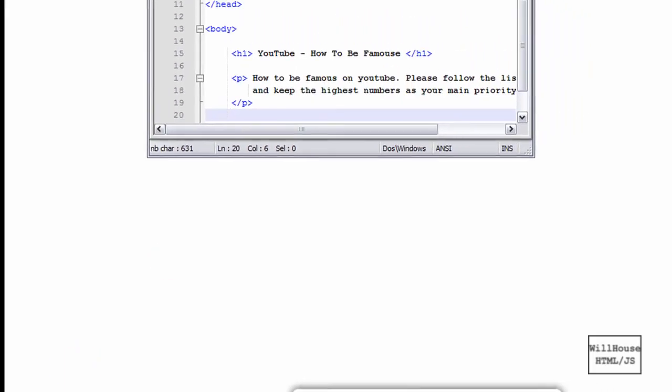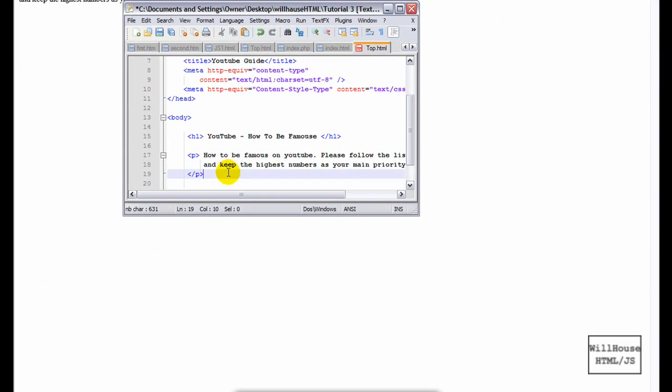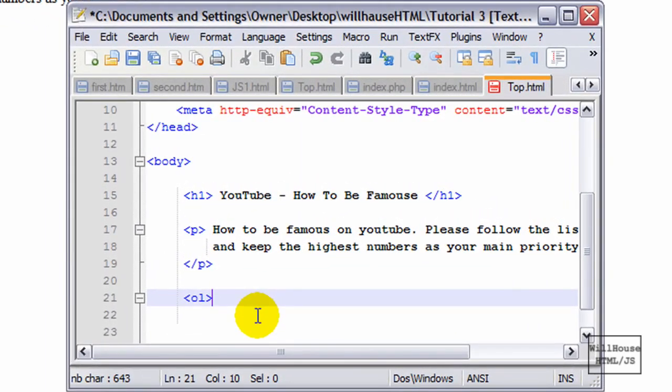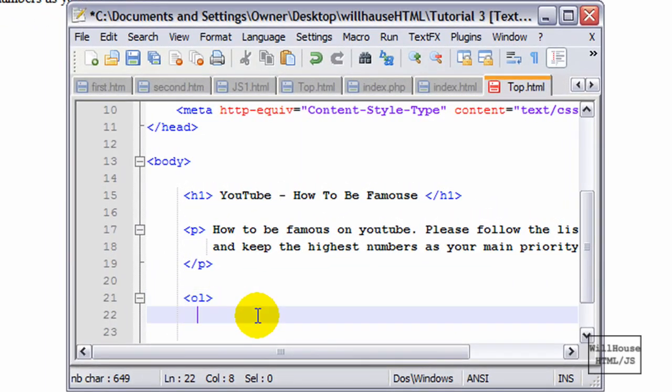So here, one second. We're going to use a tag called the ordered list tag. Basically what you do is you put OL. This means that you're going to have a list that has a certain order to it, like 1, 2, 3, 4, 5. So let's say list item, so LI makes sense. I'm going to put, first thing you want to get is